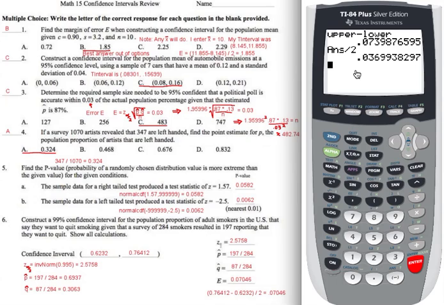So just as an exercise, I will use inverse t to find the t statistic that separates the 95% region from the 5% region, keeping in mind that if it's a 5% region outside the confidence interval, there's only 2.5% on each tail. So I'm going to do inverse t of